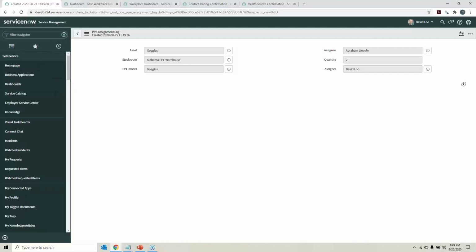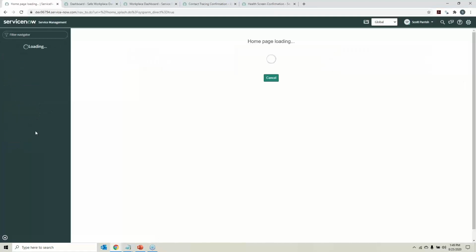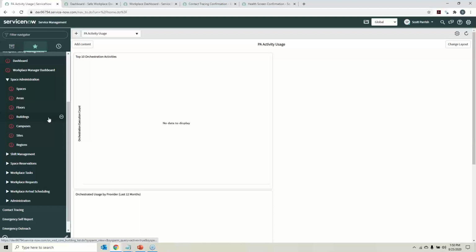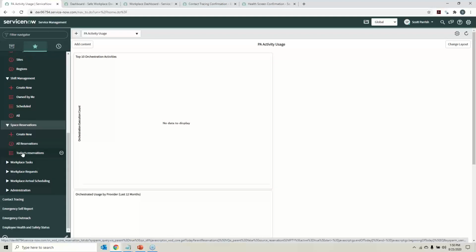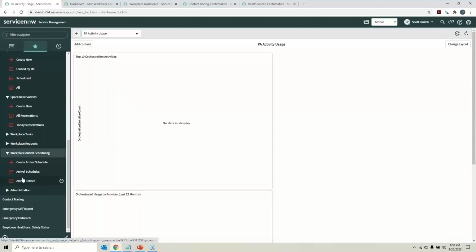One of the main parts of the Safe Workplace application that unfortunately we're running out of time and I'm not going to be able to show you today is the workplace safety management. Through the workplace safety management, you can see we have region, sites, campuses, and buildings, and we can create shifts to allow people to come into the building at different shifts. They can create space reservations to reserve spaces, create arrival and scheduling schedules,